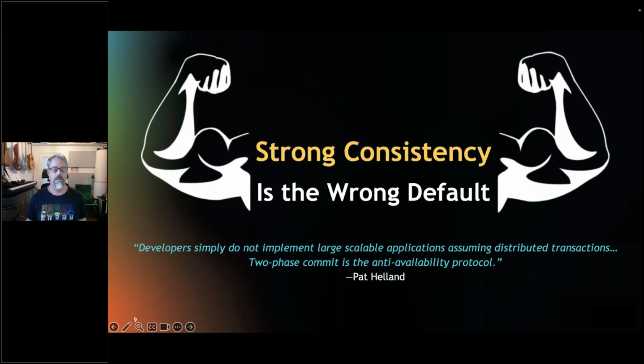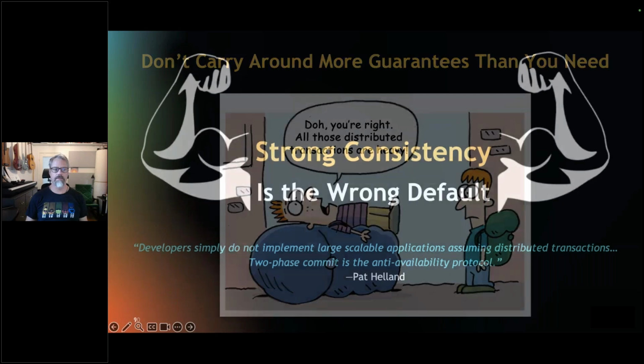But don't get me wrong, there's nothing wrong with strong consistency. In an ideal world, it would be what we all use all the time, because it's great. It's a useful tool. It simplifies things for us as developers. I just think it's the wrong default. So we need to use it carefully and deliberately. If we know this is a data set that absolutely needs to be strongly consistent, okay, fine, lean into that and use it for that data set, not have it as a blanket that we put on all of our data. I hope I'm making sense here.